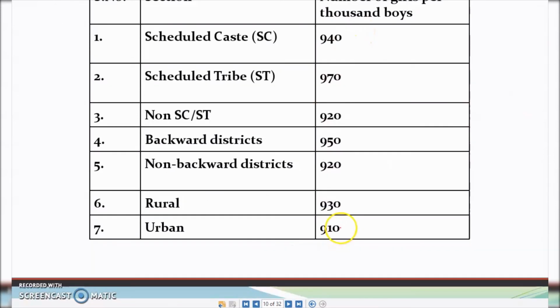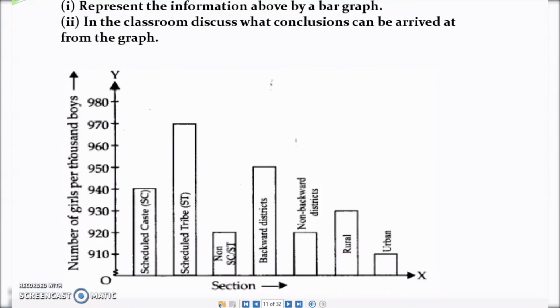It is starting from 910 and it is going till 970. So this is the lowest and this is the highest. When you are not starting from 0 and you are starting from somewhere in between, you can put the break symbol and you can begin. So here it is starting from 910, 920, 930 and so on. It is going till 980. Then different sections are taken on the x-axis with equal spacing between the bars